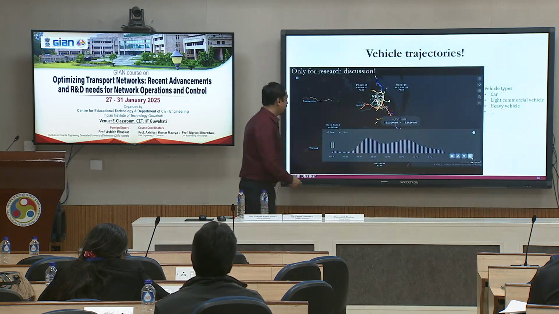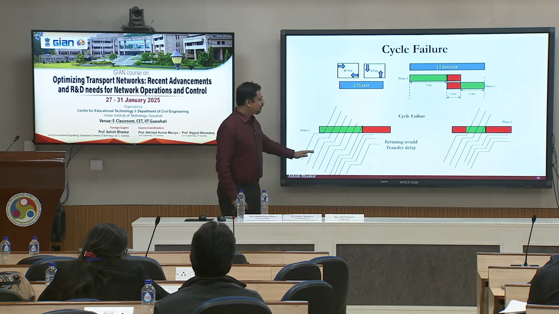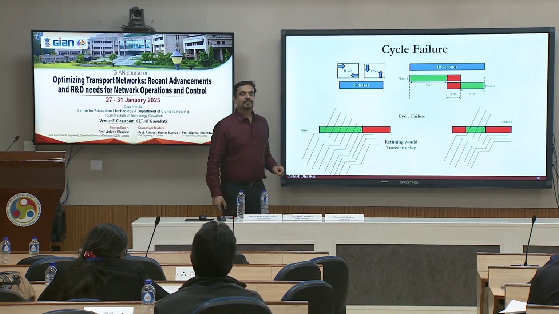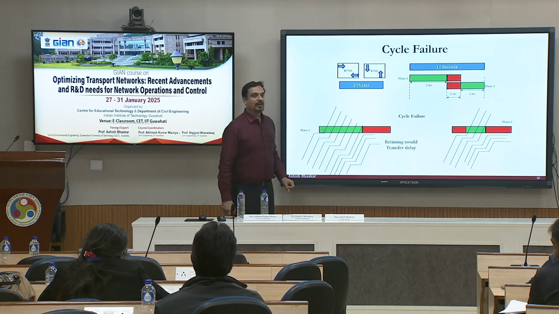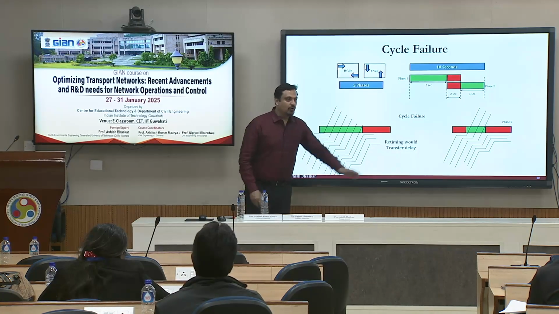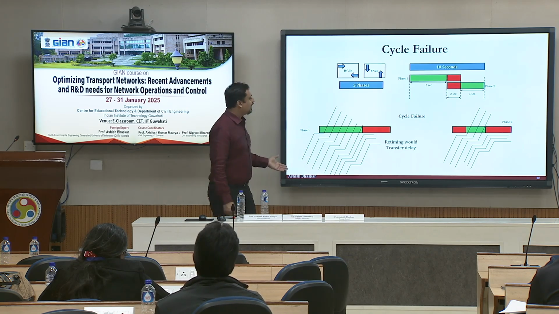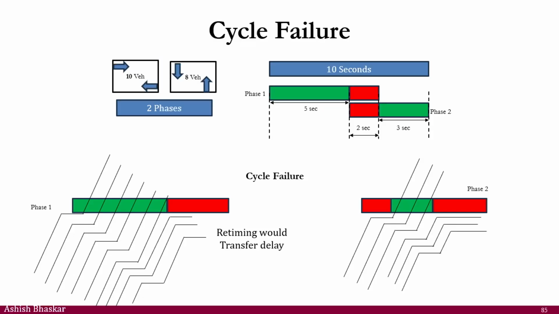So if I go back to this one, suppose this is day 1. I'm randomly selecting one. I might have selected this guy. Day 2, I have a similar profile. I might select that guy. Day 3, I might select someone else. So if you do it over the last time interval and this phase is having a split failure, it's likely you are going to get observations. And then you will say, okay, X percentage of my trajectories have shown a split failure. So the likelihood of split failure there is whatever it is. But it has been a last time interval and you need to have a sufficient sample size